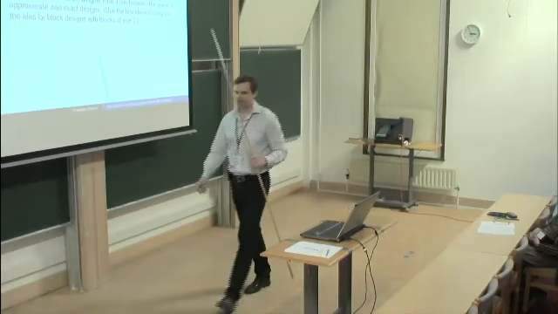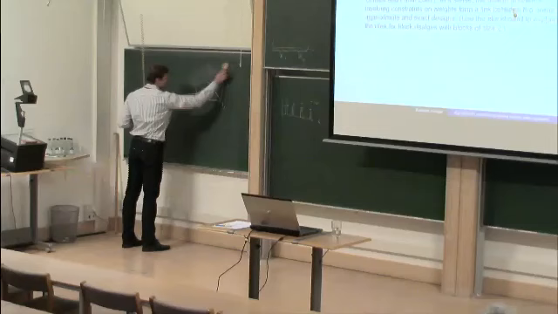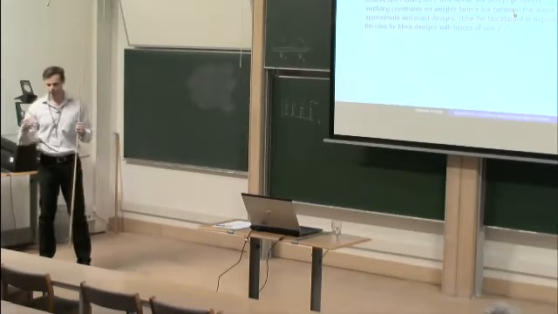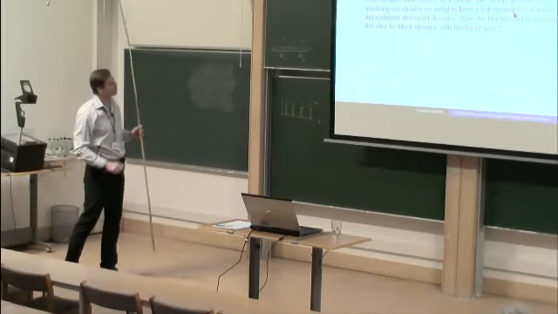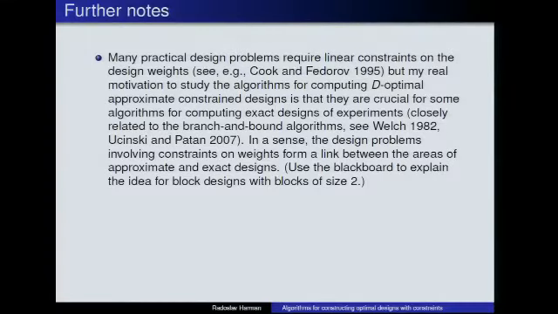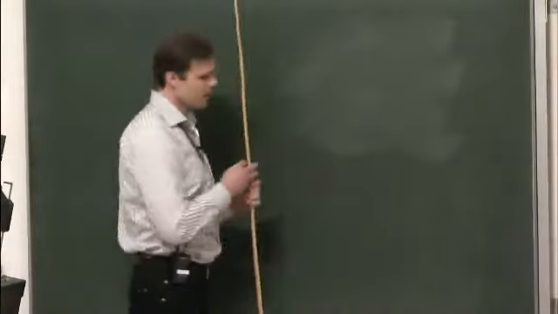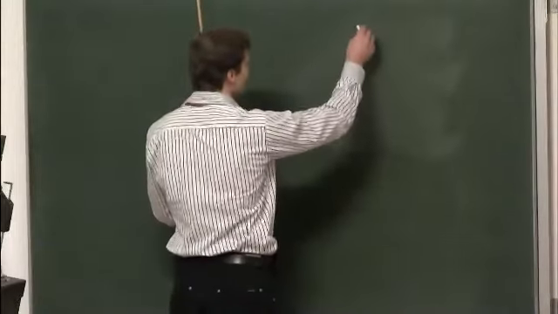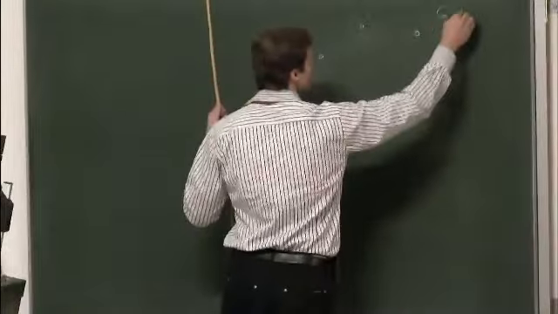how, very roughly, because it would require another talk, but just the essence, how these constrained problems of approximate designs could be related to the problems of exact designs, for example, to the problems of block designs with blocks of size 2, because many of you are more interested in, for example, block designs, these exact combinatorial designs. So I should rely that you know something from Professor Bailey's talks. So if we have some treatments, for example, now we have 6 treatments,